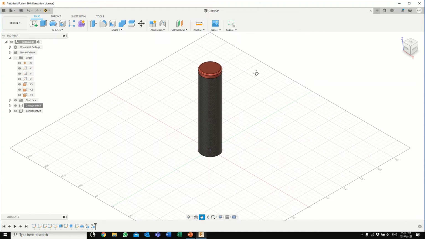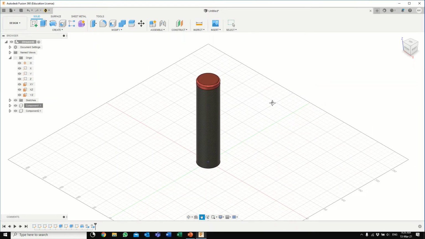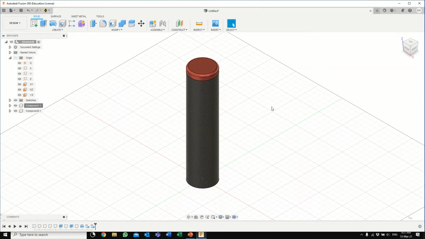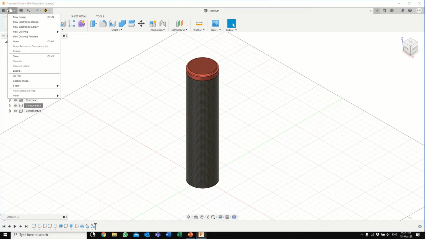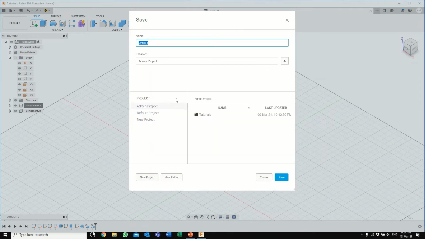Now we are done with the basics of Fusion 360, so I will show you how to export it. To export, you have to upload your project or your drawing into the cloud of Fusion 360 associated with your student account. To do that, all you have to do is save the project and select one of the folders created for you in your cloud for your Autodesk account. Here I already have a test drawing, so we'll call this